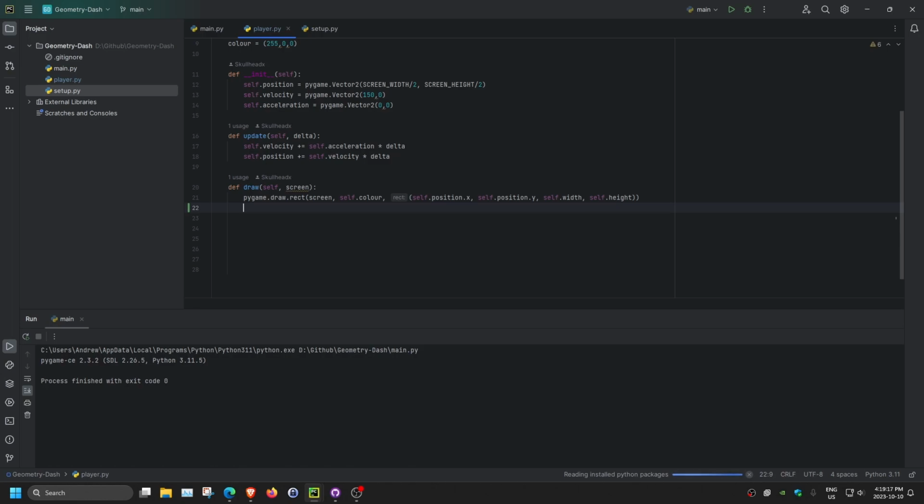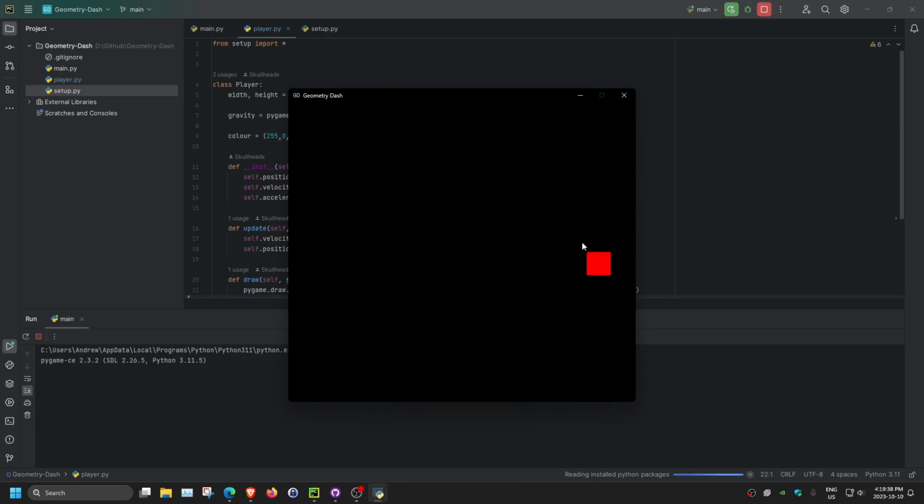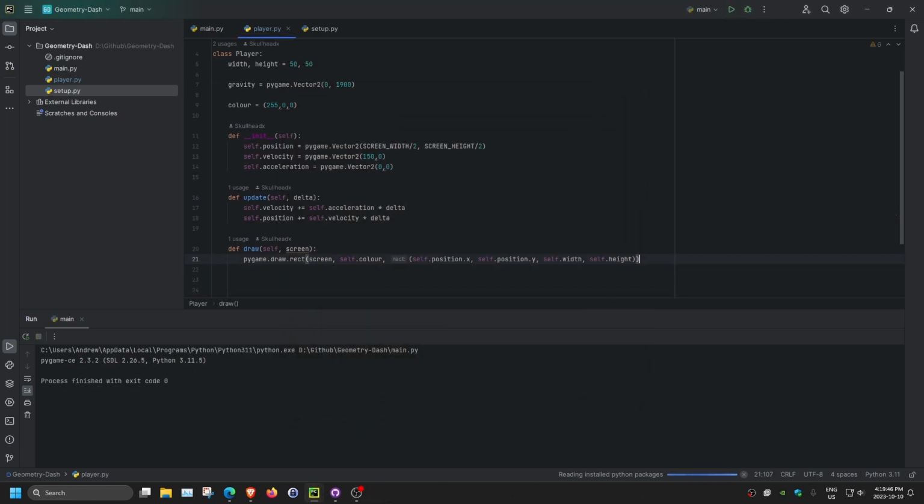So first thing is, let me share my screen. Alright. So, if we go onto our player, I think I didn't show it. Here you go. This is what we had last week. We just have the square moving to the side. So let's make it a little bit better. So what we can do is